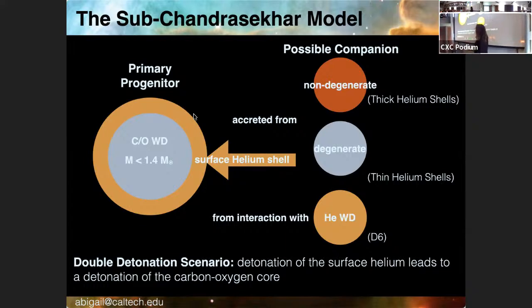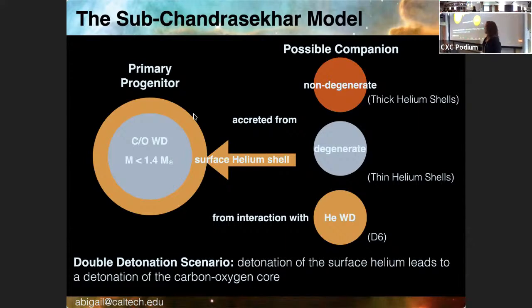Basically what it looks like is a carbon oxygen white dwarf below the Chandrasekhar mass that has gotten itself a shell of helium on the surface, either accreting from a non-degenerate star like a helium star, or from a degenerate white dwarf, or we've heard a little bit about the D6 mechanism, which is basically during what would be a merger between two white dwarfs, or a carbon oxygen white dwarf and a helium white dwarf, you transfer a little helium to the surface of the carbon oxygen white dwarf and start this double detonation situation. So how all of these work is it turns out it's way easier to ignite helium than carbon or